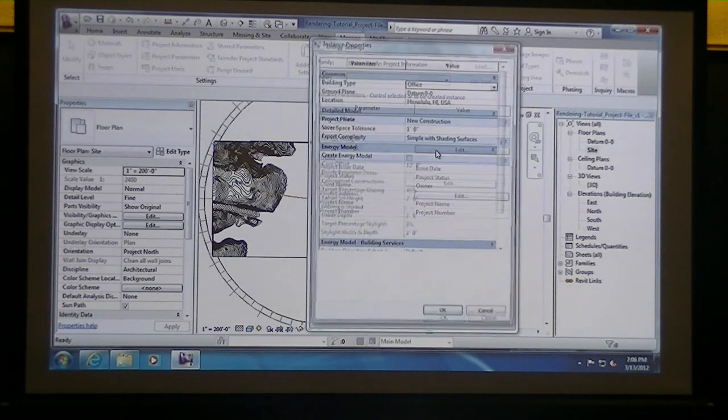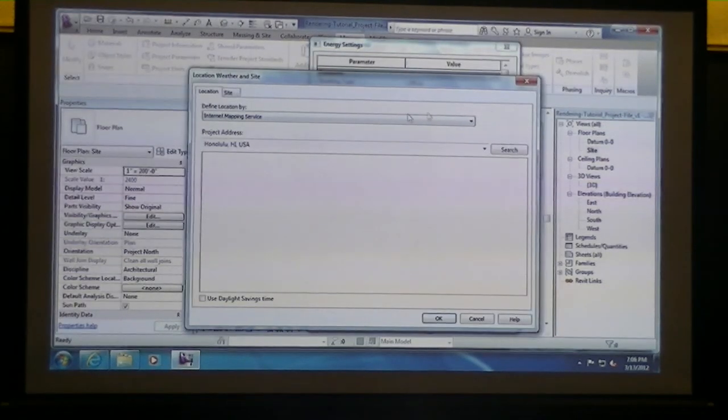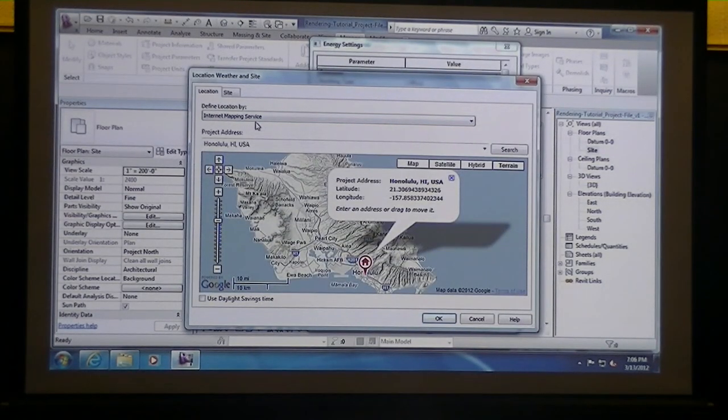But under energy settings, you also get what type of building it's going to be. But then you also have this location button where you can pick exactly where you are. Those two location buttons are defined together. So whether you're in this view dialog box or the sun settings dialog box, if you make one change here